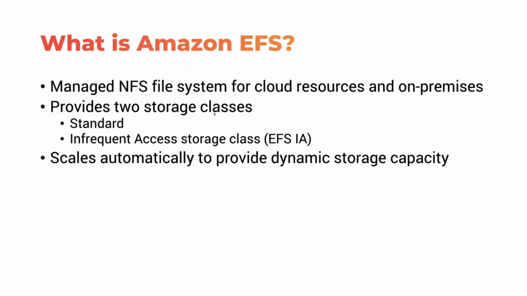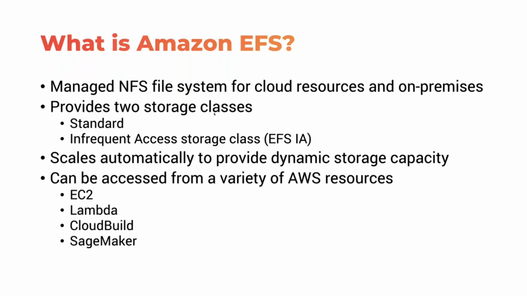Just like S3 gives you literally unlimited storage, EFS also gives you a file system that has no upper limit. You can basically mount it and start dumping files and creating content, and it automatically and dynamically scales. It can be accessed from a variety of AWS resources, not just confined to EC2. Of course, EC2 is a popular choice because it all starts from the workloads running inside VMs, but it can be very easily extended to Lambda.